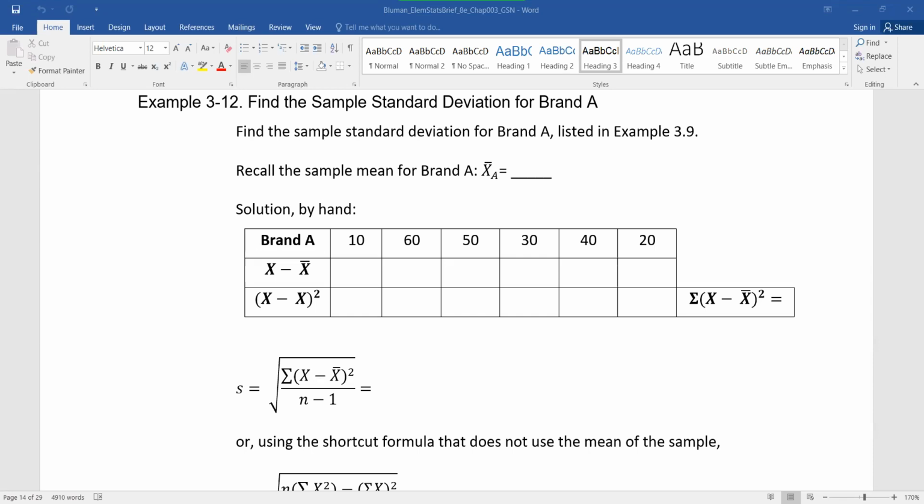All right, but when we look at example 12 here, it says find the standard deviation for brand A. So we're going to find the sample standard deviation for brand A listed in 3.9, which is